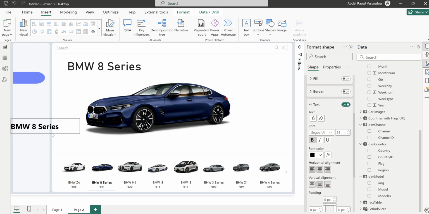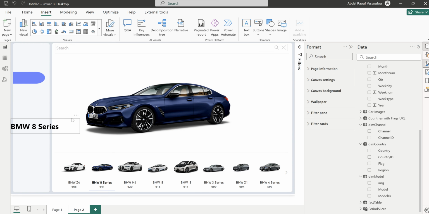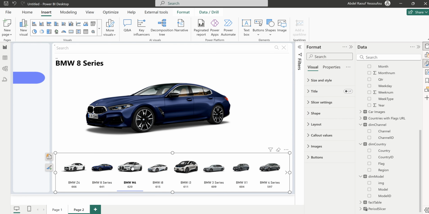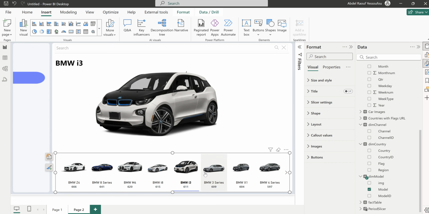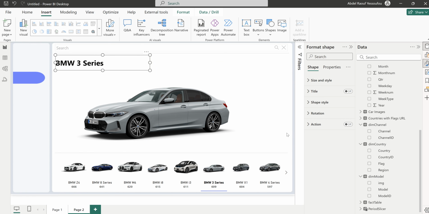So to me, it's better for me in this scenario than the card. So I can drag and drop this here, so that anytime I select something, I know it's always well aligned. You can see. Okay, so aside that, let me just make this a bit longer. Aside, I'll do the same thing for